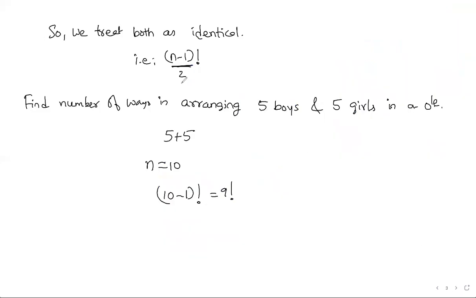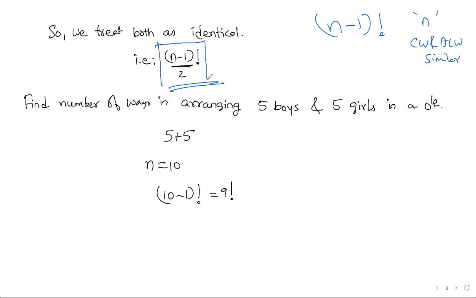Then what will happen? We considered that n minus 1 factorial was the total number of circular permutations when n elements were taken. But in the case of a garland of flowers or a necklace with beads, we are saying that both clockwise and anti-clockwise are similar. So the total number of circular permutations in this case will be half the original formula, n minus 1 factorial by 2, because both of these are the same. So the number will be reduced to half of the original number.